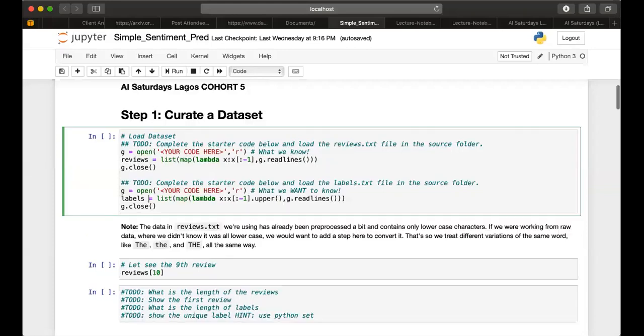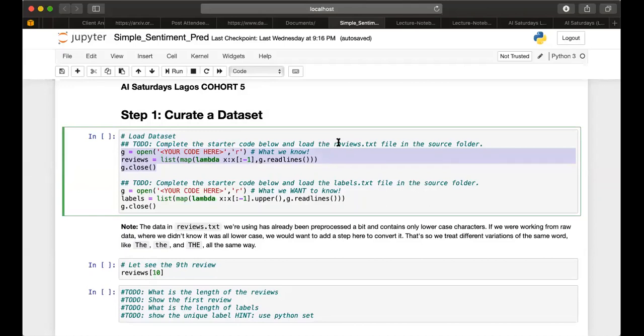Okay, so like I said, the idea was for everyone to get a feel of how everything they've been learning in the past can be put into practice. What I wanted you guys to do in this particular line of code is to import the document.